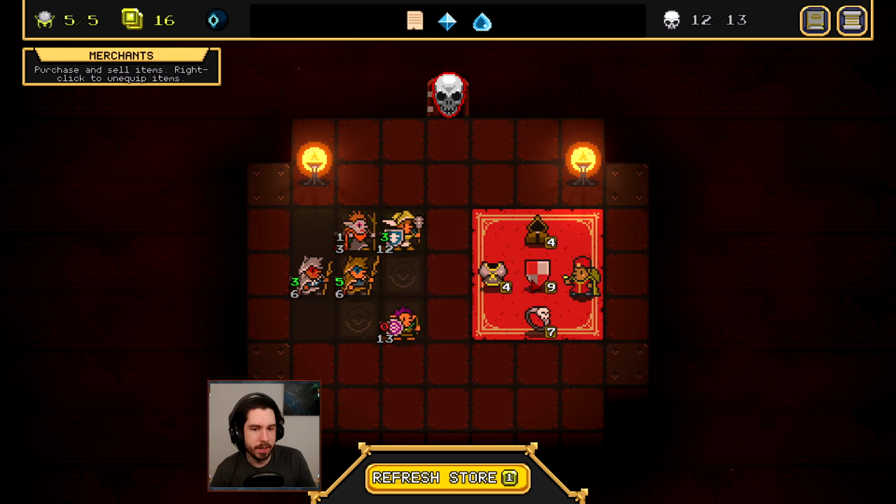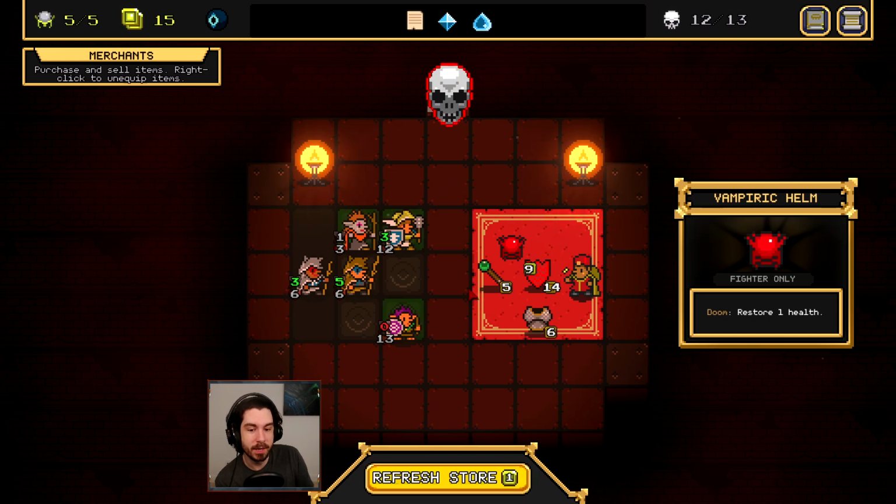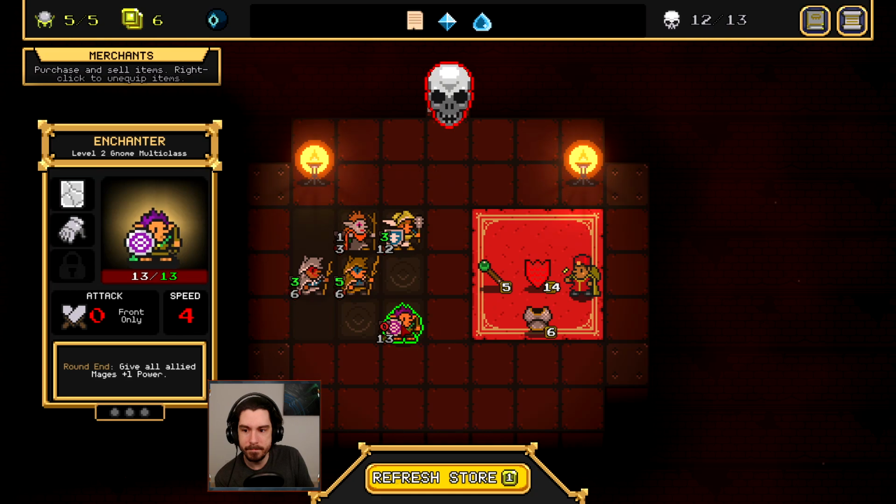I don't know. I feel like our fighters have enough HP. I'd rather just see more damage. Raw 7 HP. You do love to see that. So Doom is pretty good. Restore 1 HP when a unit dies. Maybe